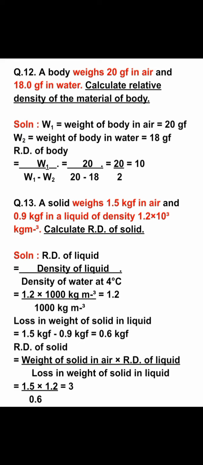The relative density of the solid is the weight of the solid in air into the relative density of the liquid, whole divided by the loss in weight of the solid in liquid. So in the formula the values are substituted: weight of the solid in air is 1.5, relative density of the liquid is 1.2, divided by the loss in weight of the solid in liquid, which is 0.6. So after calculation it will come to